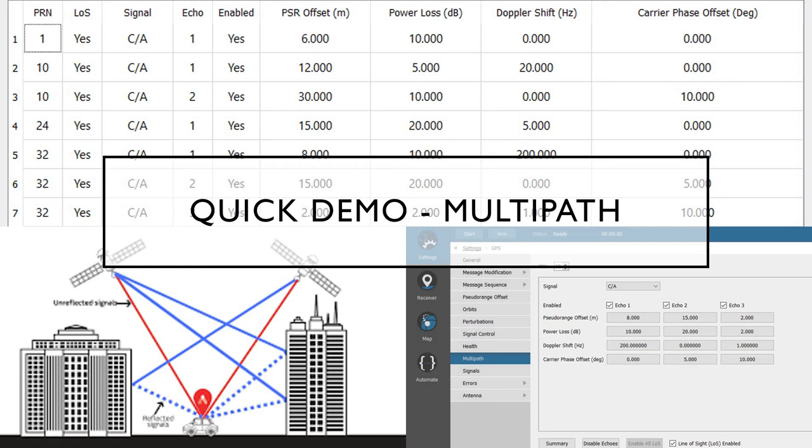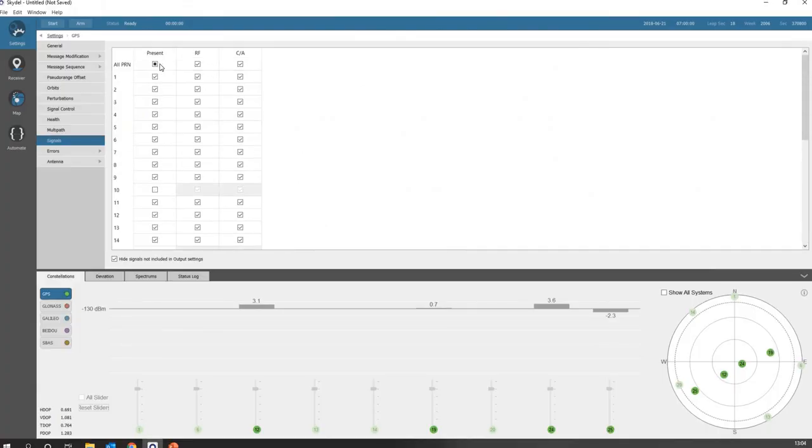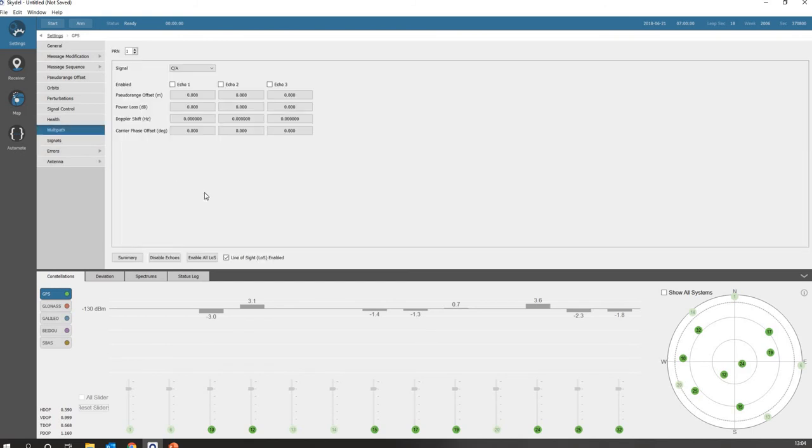So let's just quickly look at how we do multipath in the software. Okay, so I'll set all these signals back on. So all of them back on now. And then you can see there's a button here, all nicely laid out, multipath. So let's look at the satellite that's there, number 10. We'll see what we can do with number 10. Let's put a reflection on. Let's put a range error on the pseudorange. Let's put maybe an 8-meter range error. Let's put a power offset,